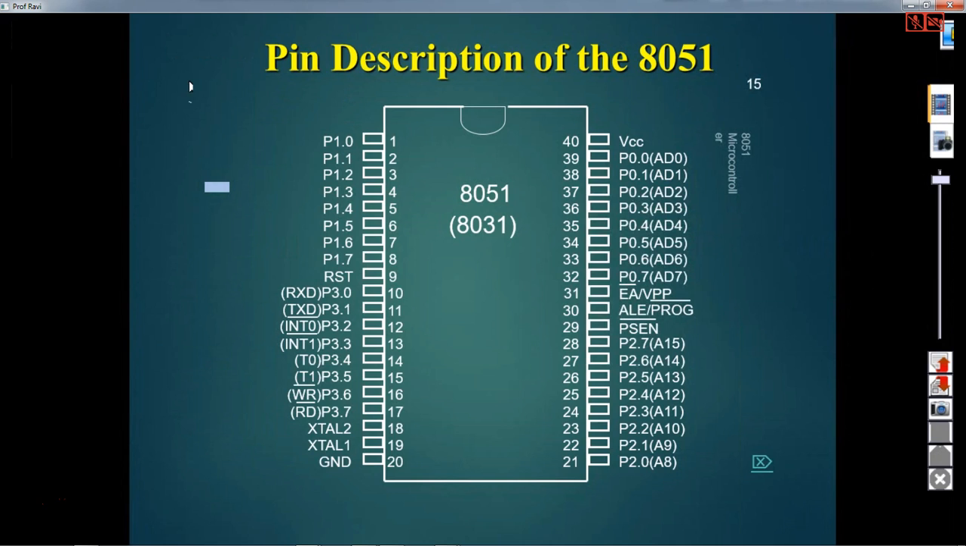See, port 1, how it can be used as an input port and output port is what we have seen. But coming to port 0, it is different; it can act as an input port or an output port. And now, if you want to connect any external memory, an external ROM or external RAM, to the microcontroller,